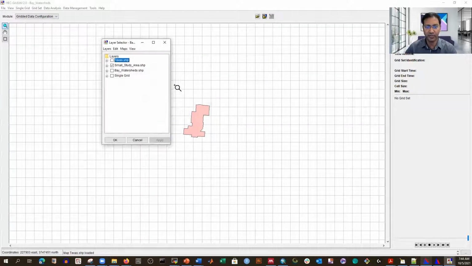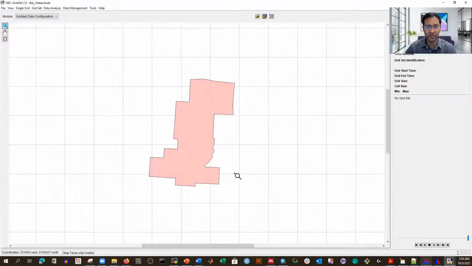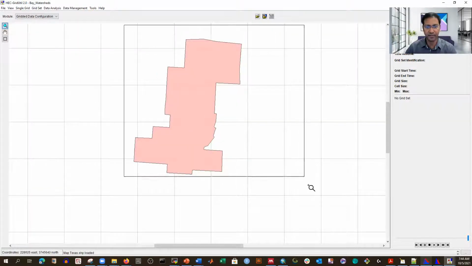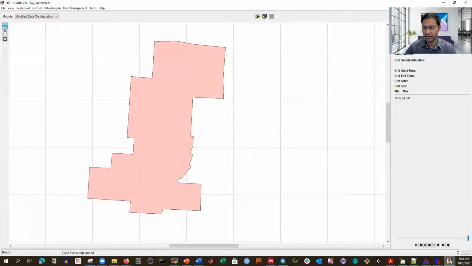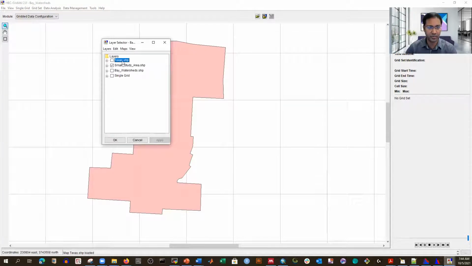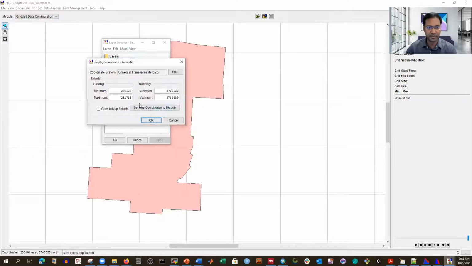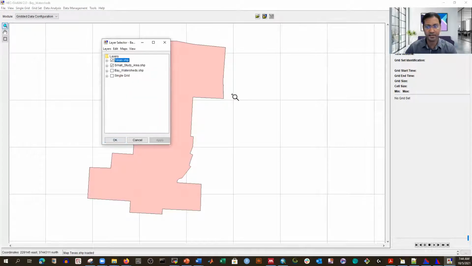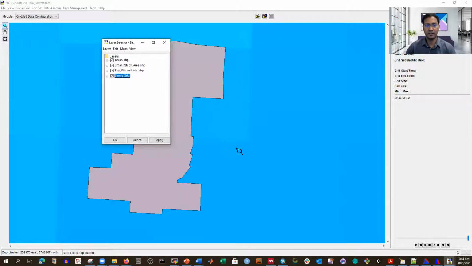Now we have this, and if you want to even display it more, just zoom in and fix your display this way. Okay, now my display is okay, and I'm gonna put this one, map coordinate system, and then set map coordinates to display, this one. Okay, now it is fixed, and everything we add, it will be there. Now we can even turn on other Texas layer. It's outside of this one, and then Bay Watershed, a single grid. See this one,